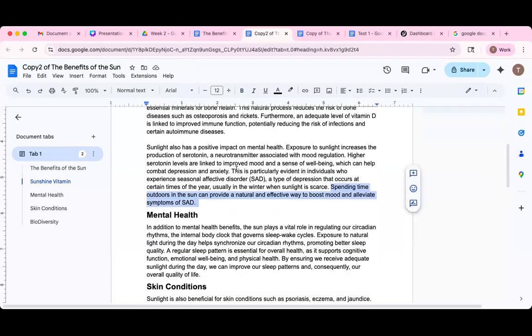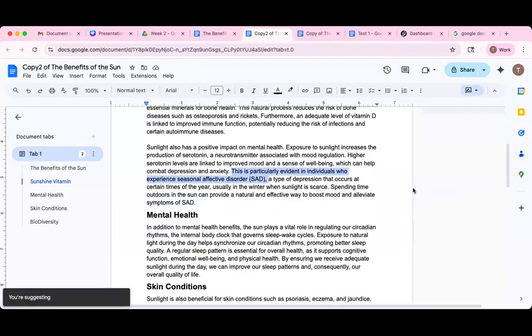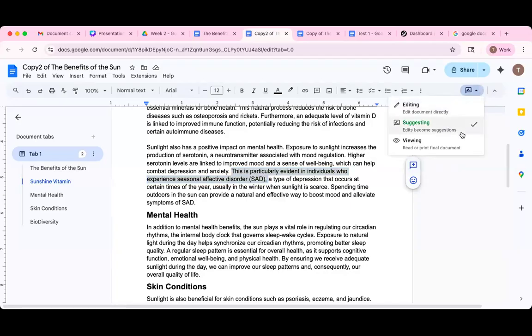All right. So let's say you want to suggest edits. When you click on suggest edits, it's in suggestion mode. It's not giving us any suggestions. Okay. So here now, any edits that you make are going to become suggestions. So you can say,